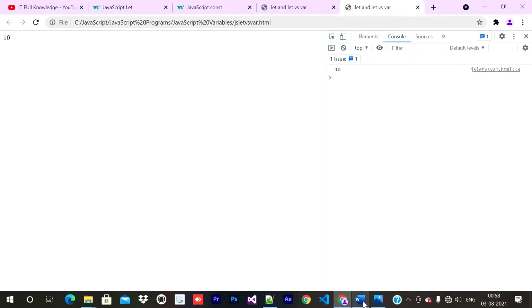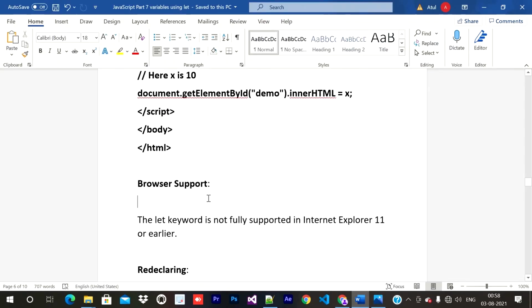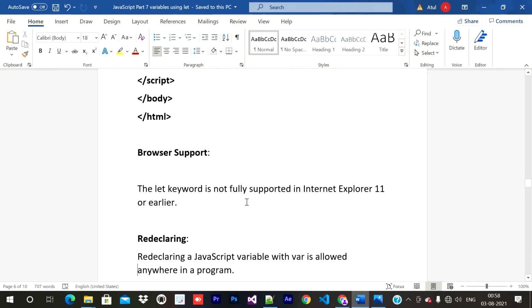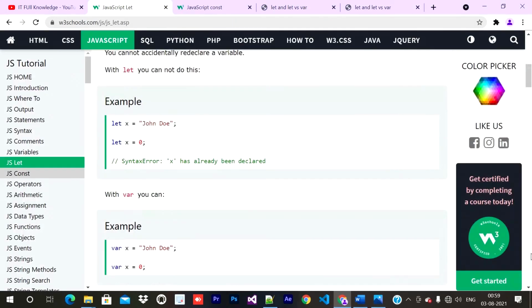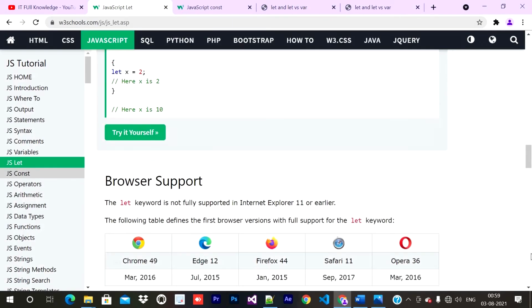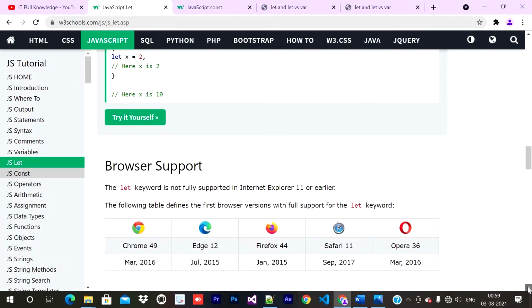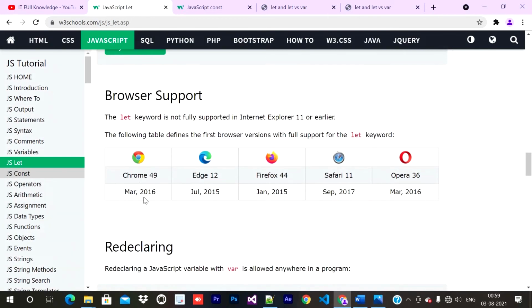Browser support: the let keyword is not fully supported in Internet Explorer 11 or earlier versions. Let me show you in W3Schools. When you come into the let tab, you can see the browser support: let keyword is not fully supported in Internet Explorer 11 or earlier. As you can see here, all these browsers are from 2015, 16, 17. Now it is 2021, so everyone will surely have an updated browser.